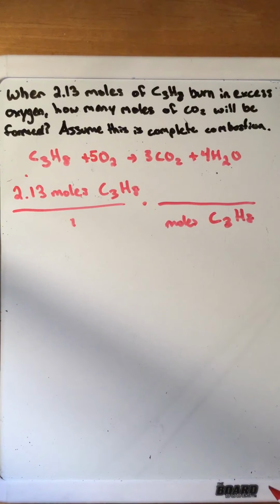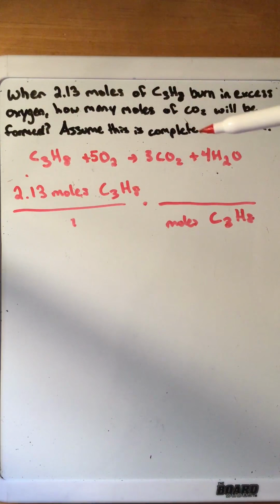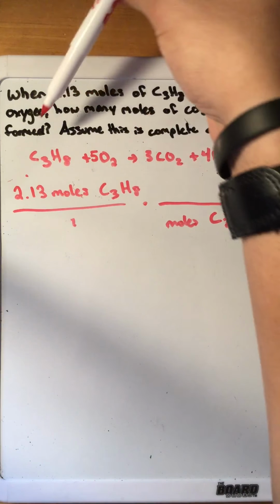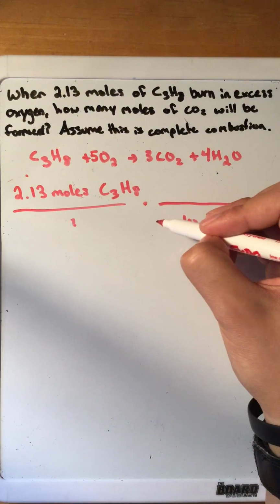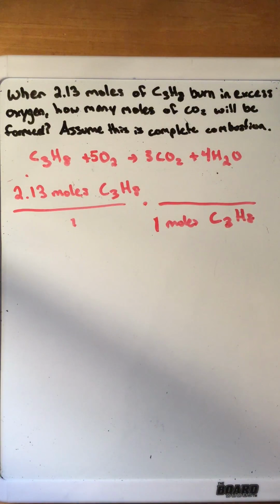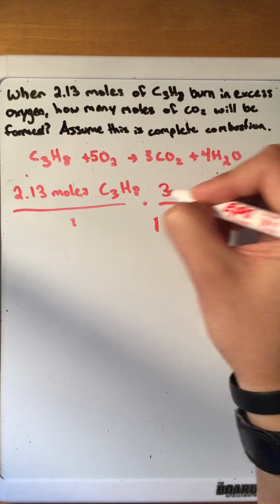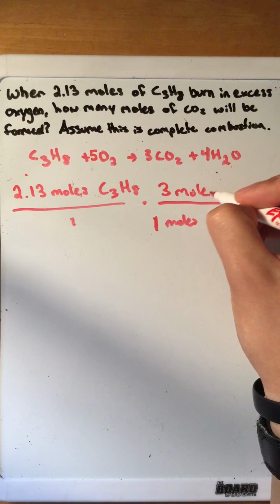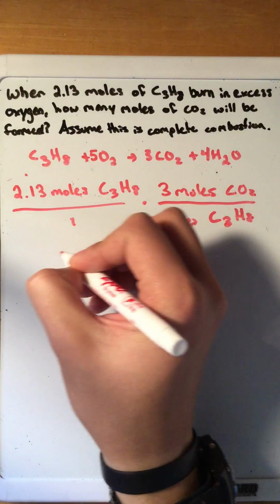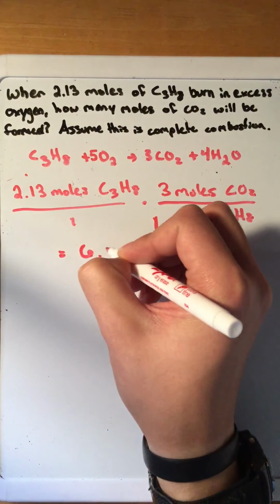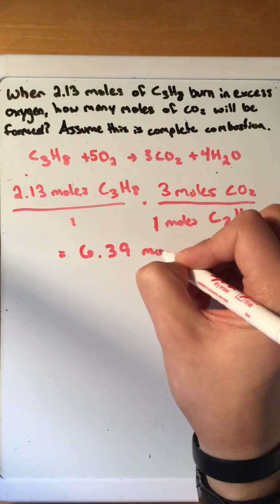All we need really is the comparison between C3H8 and CO2. And we see in this chemical equation, it's a 1:3 ratio. So the 1 is our moles of C3H8. And then we have a 3 over here for CO2. 3 moles CO2. So if we go ahead and plug that into a calculator, 2.13 times 3, we'll go ahead and get 6.39 moles